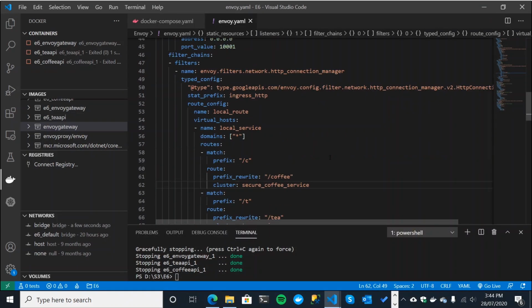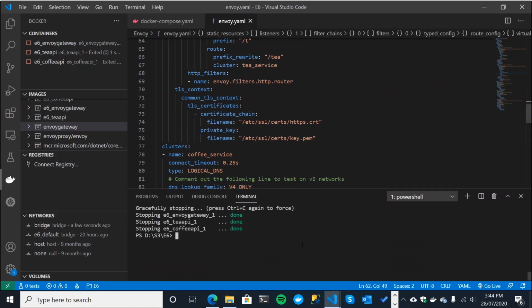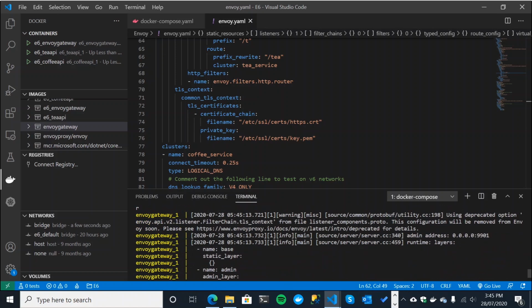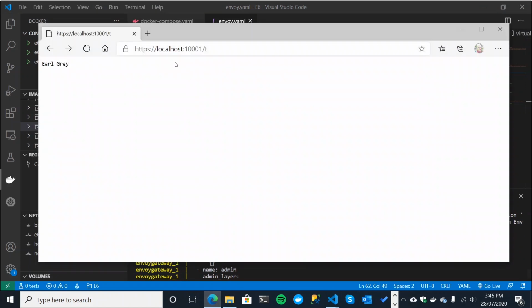All right, so I think that's us. The YAML file is saved. Let's give it another go. So docker compose up --build to build and see how we go. All right, everything's up and running. Yeah, looks okay, fantastic.